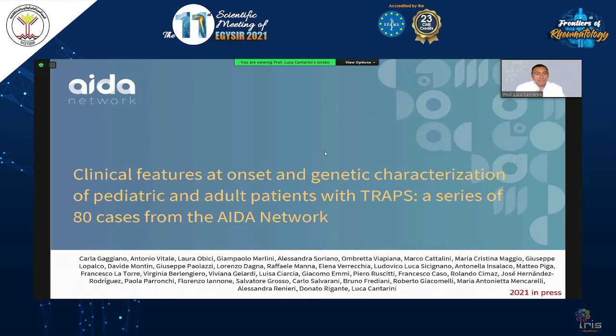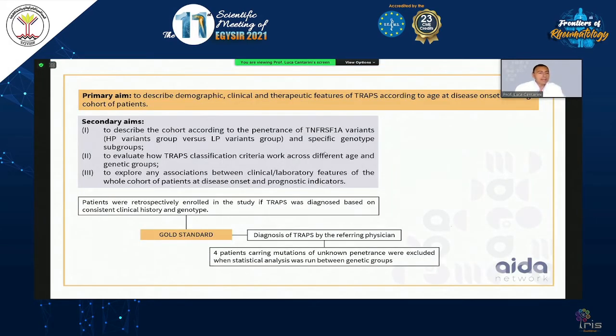More recently, we have also evaluated the clinical features, onset, and genetic characterization of pediatric and adult patients affected with TRAPS in a series of 80 cases from the AIDA registries. The primary aim of the study was to describe demographic, clinical, and therapeutic features of TRAPS according to the age at the disease onset. The secondary aims were represented by the description of the cohort according to the penetrance